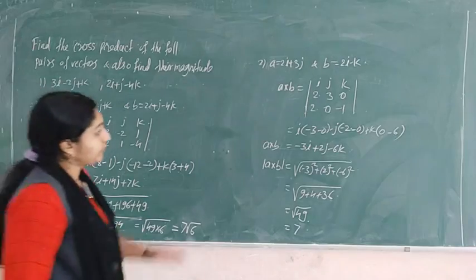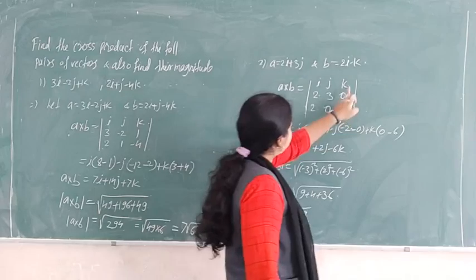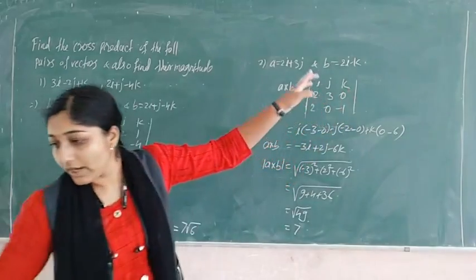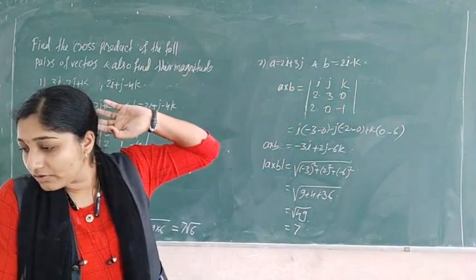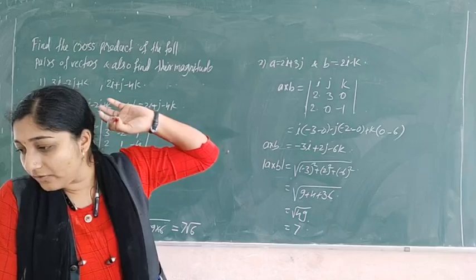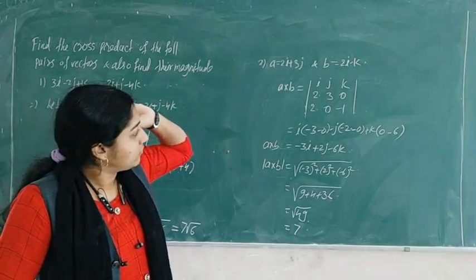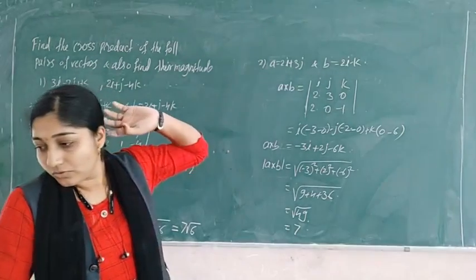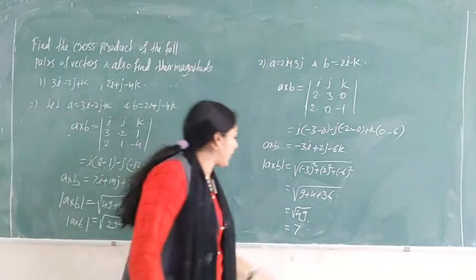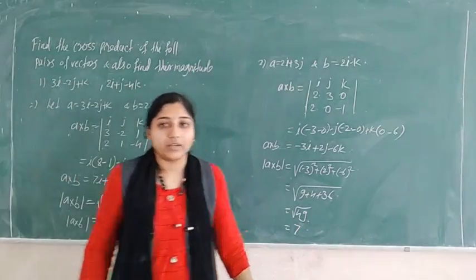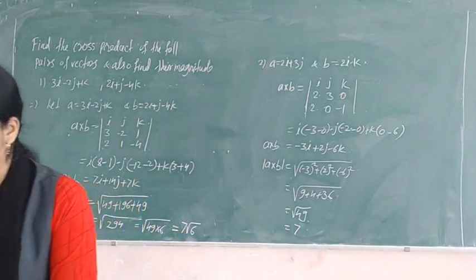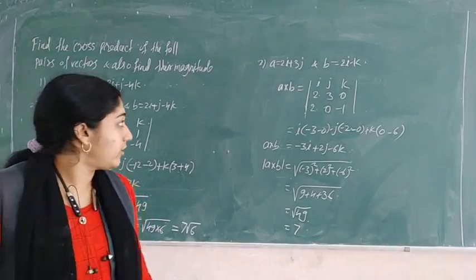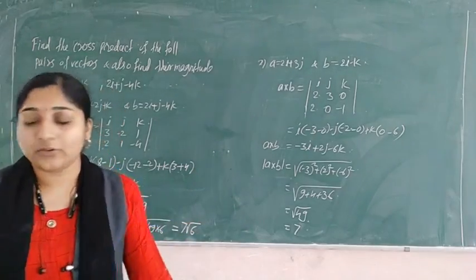Wait a minute. What did we do here? K into. Here we are having it is 3, no? Yes, 2i plus 3j. So if we are writing the k value, 2i. Okay. So you will get the value root 49, that is 7. Okay. So this is one example. This is the method to find the cross product and magnitude of the two vectors.